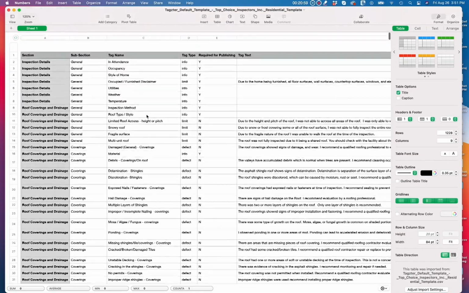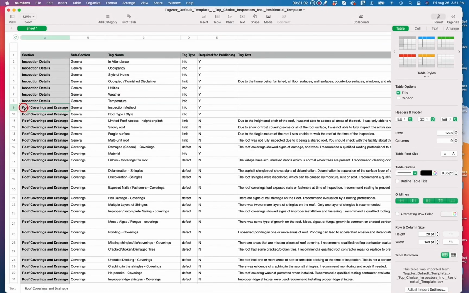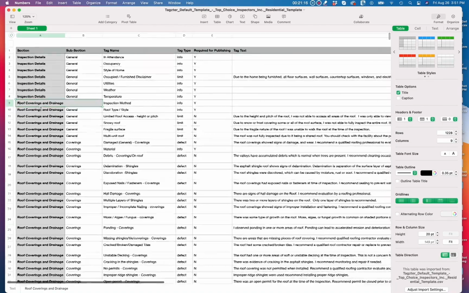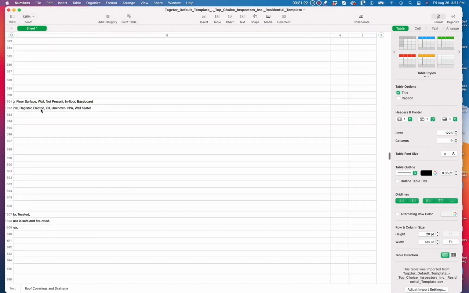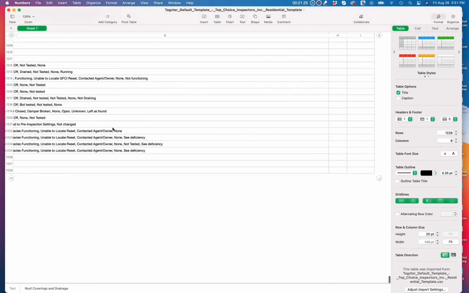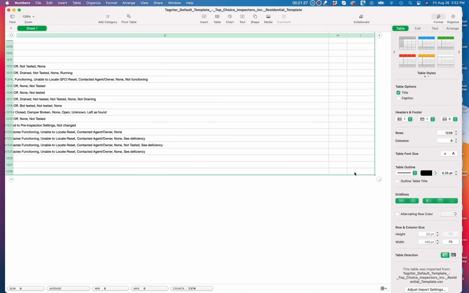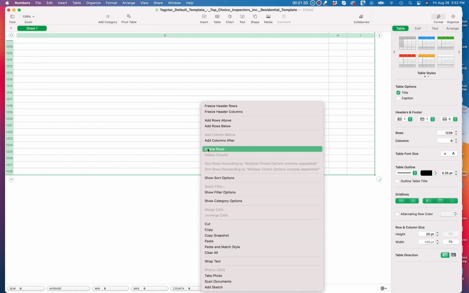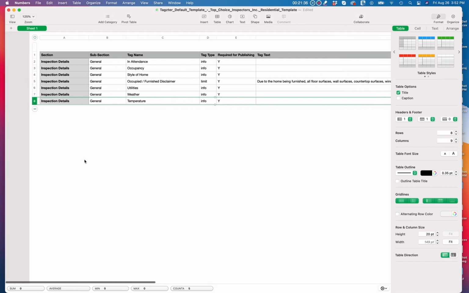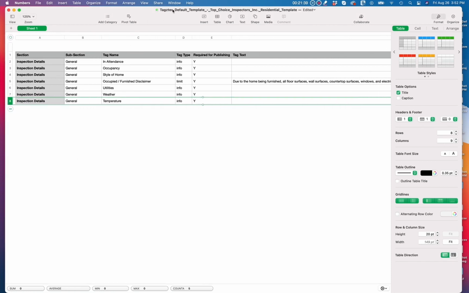And if you have a CSV file right now, we could take ours and, as I recommended before, just leave inspection details alone. You can add to it, but just leave those there. You can alter them, change the words, but if you change it around too much, it might mess up the cover page. So we're going to come all the way down to here. And we're going to delete everything. I'm going to delete this. And then I'm going to delete all these rows. And now here is my blank template. I would take this and name it